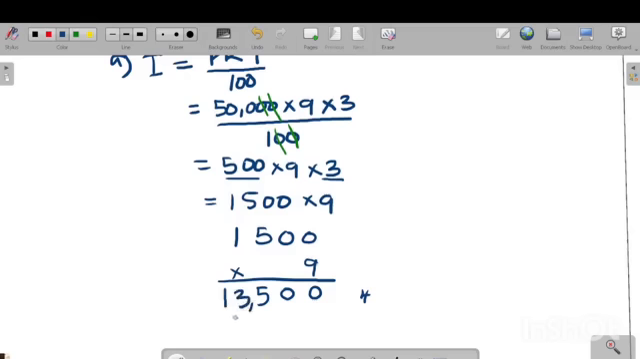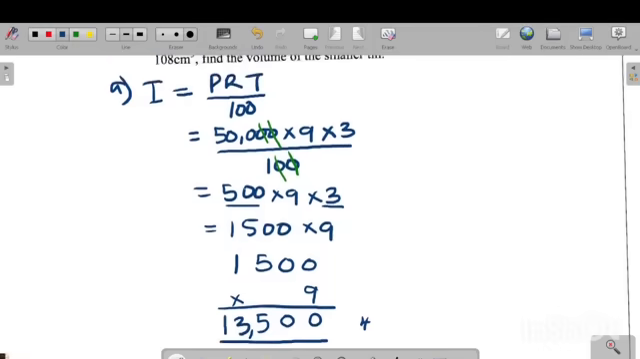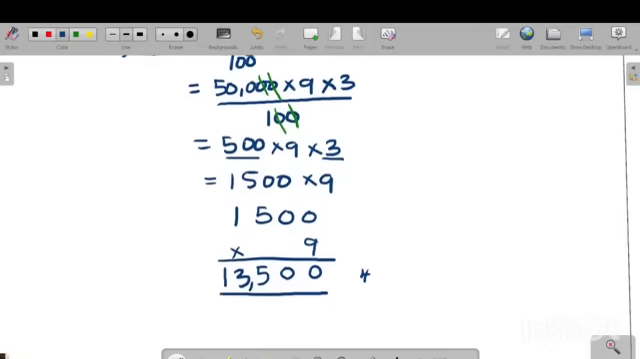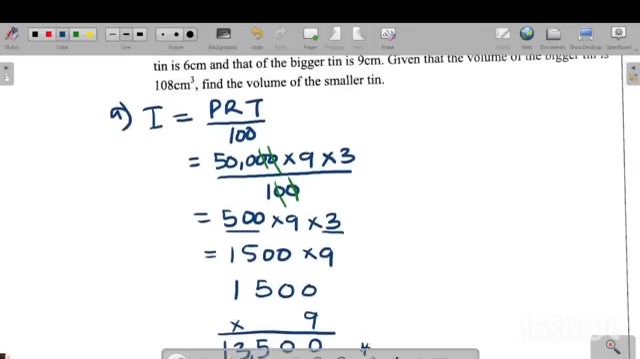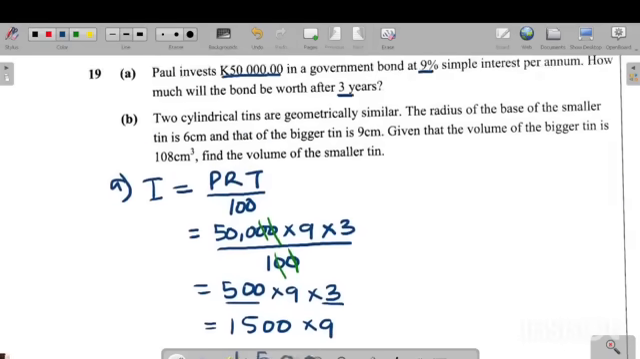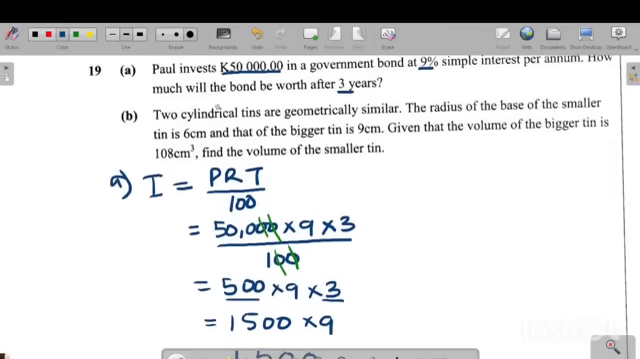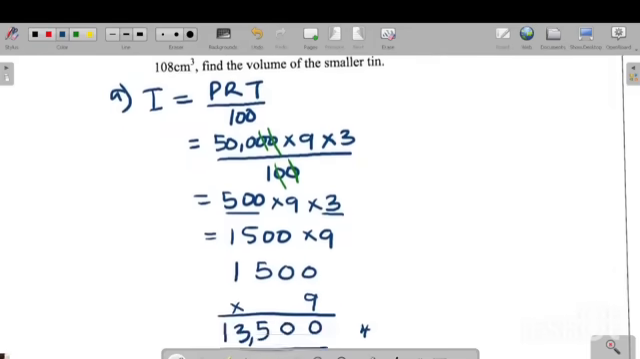Okay, so this is the interest. 13,500 is the interest that was earned in 3 years. Now for you to find the total bond, we're going to say total bond